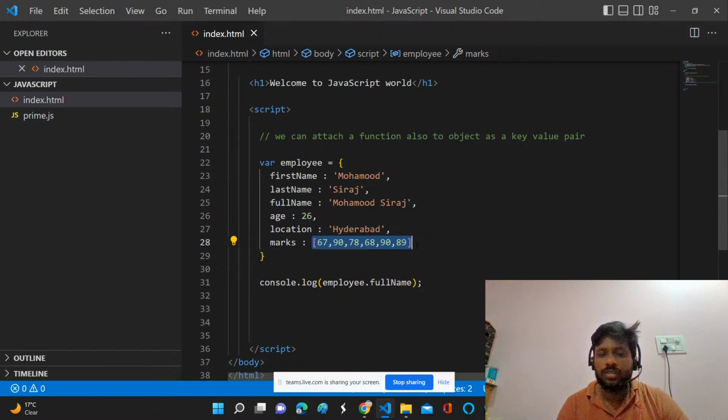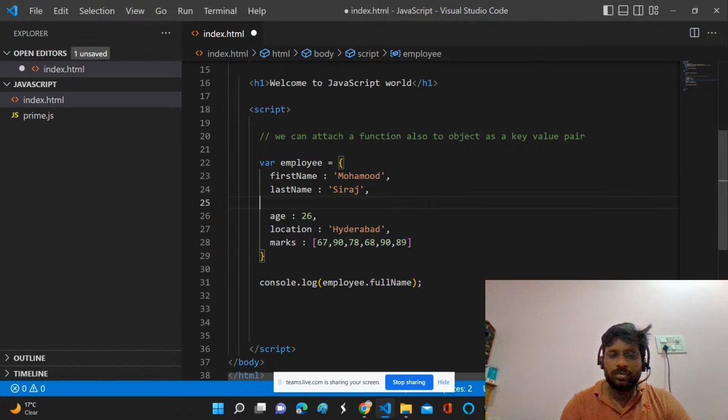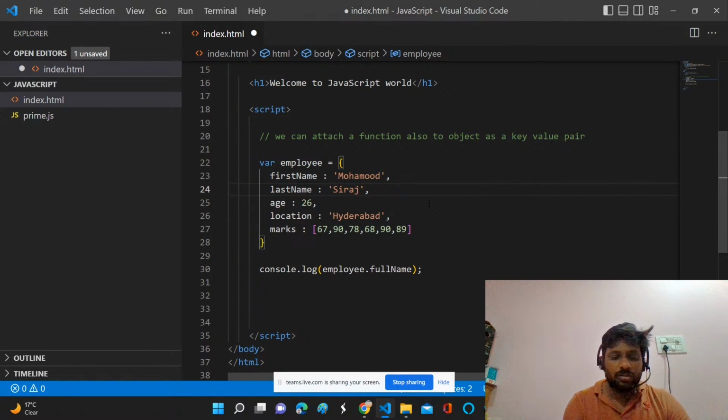In the same way, if you have a first name and a last name, you can construct the full name, right? So instead of storing like this,